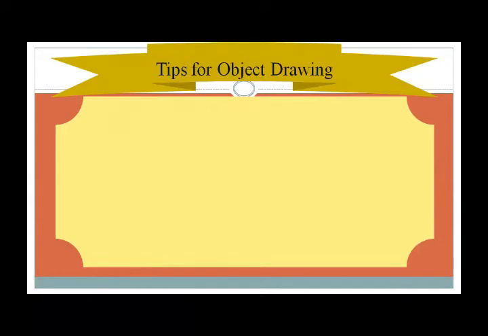As all of you know, drawing is an art. So while drawing any object, you have to follow some rules, and the rules or tips for object drawing are: number one, availability of a complete drawing kit is a must. It means all of you must have your pencil box, stationery box with you, in which you keep pencil, eraser, ruler, colors, etc.